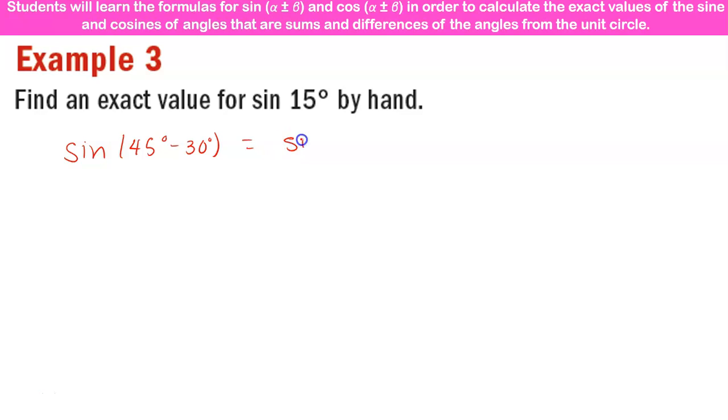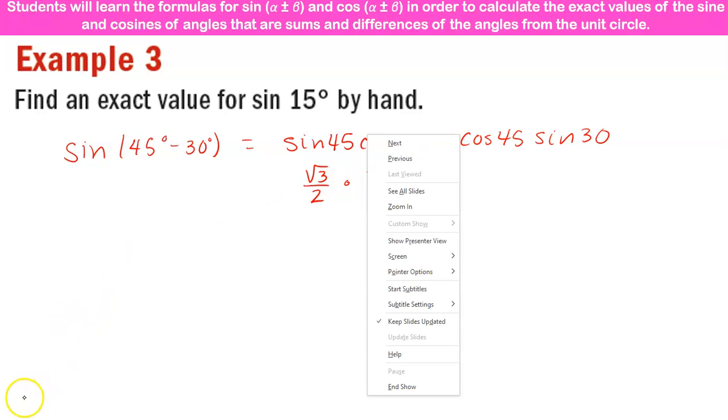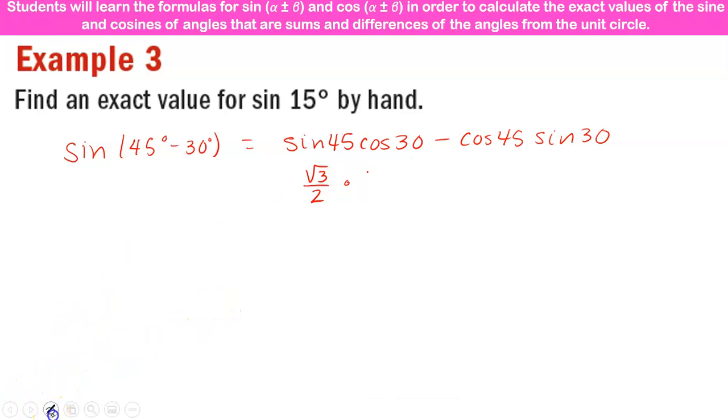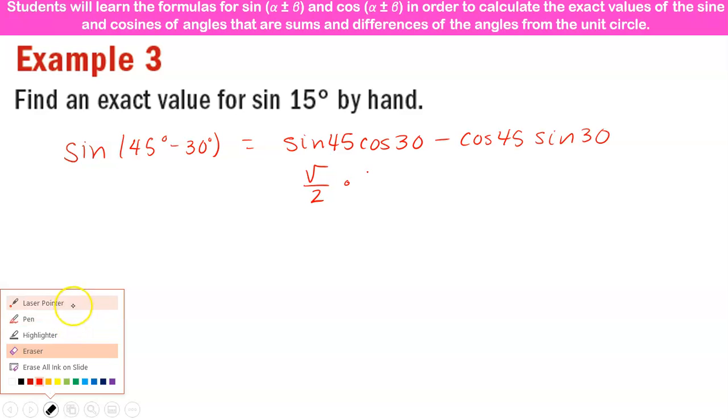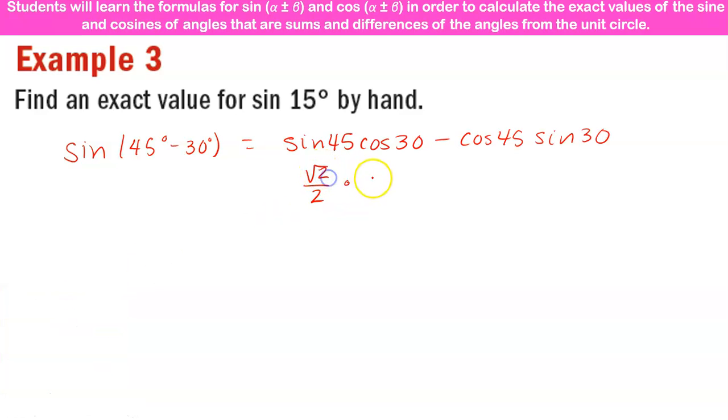So when I do that, I'm going to have the sine of 45 cosine 30 minus the cosine of 45 times the sine of 30. Well, the sine of 45 is the square root of 2 over 2. The cosine of 30 is the square root of 3 over 2. Minus the cosine of 45, which is the square root of 2 over 2, times the sine of 30, which